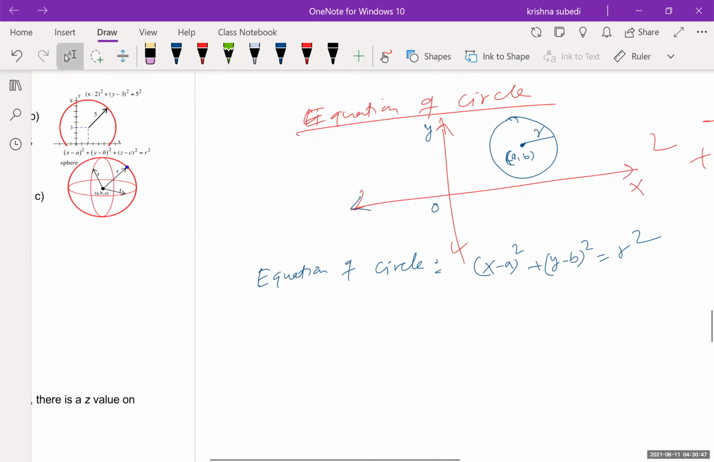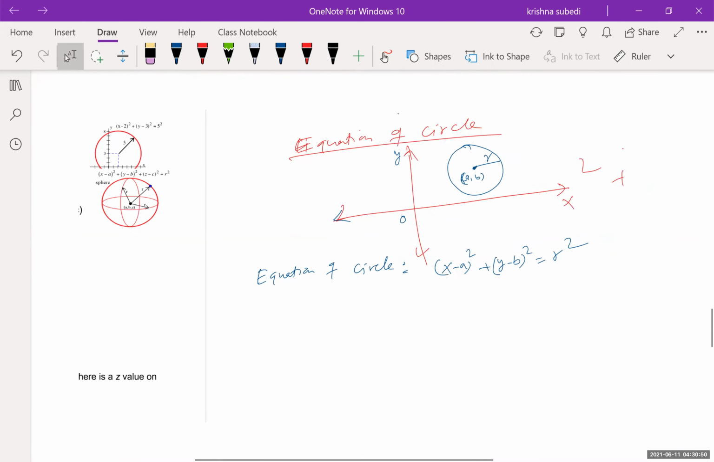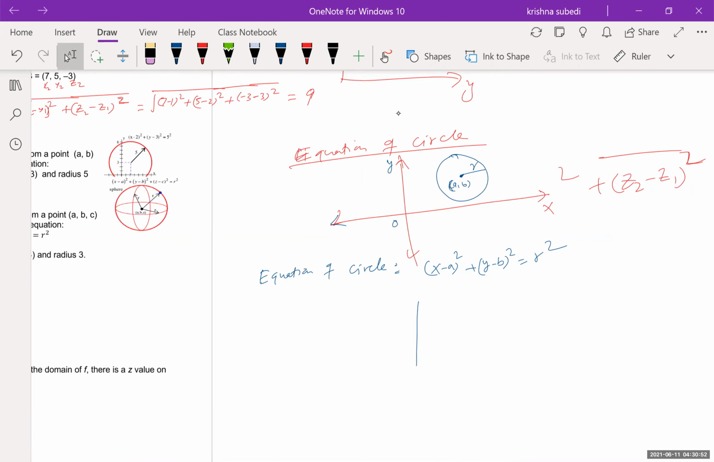Now, let's talk about 3 dimensions now. Okay, so when we talk about 3 dimensions, that circle will convert into a sphere. It's like a ball, you know, the soccer ball. Okay, it's just like that. So the equation of a sphere